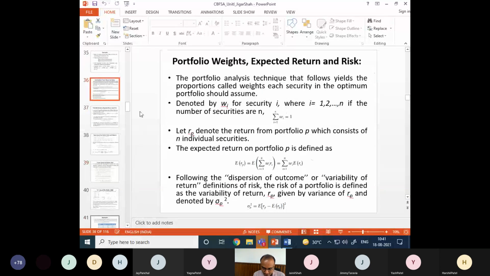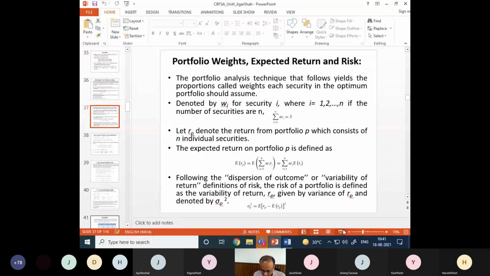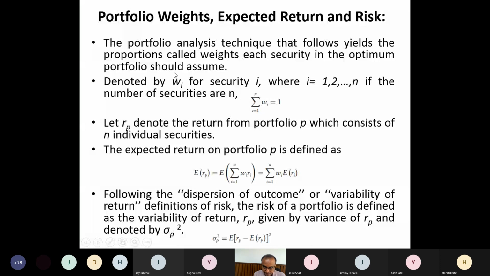So in a portfolio we have multiple assets, right? So let us say we have n assets in my portfolio. All assets have different weights, so they may not be in the same proportion. The return by the portfolio depends on the securities in the portfolio and their weights. The return given by the portfolio we denote by R_P. It depends on R_i, the return of every security, as well as the weight w_i of every security i, where i runs from 1 to n, the number of securities.